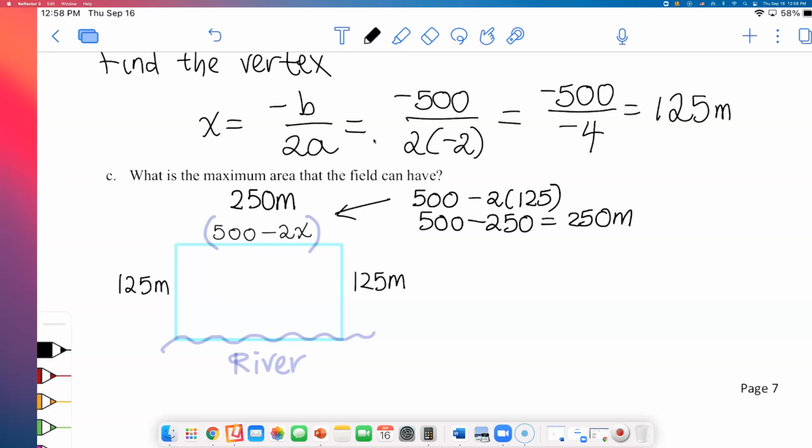Okay? All right. So if they ask you for the maximum area that the field can have, I have the dimensions when that will happen. All I need to do is find the area. Area is equal to length times width. And the length is 250. And the width is 125. So if I multiply them,